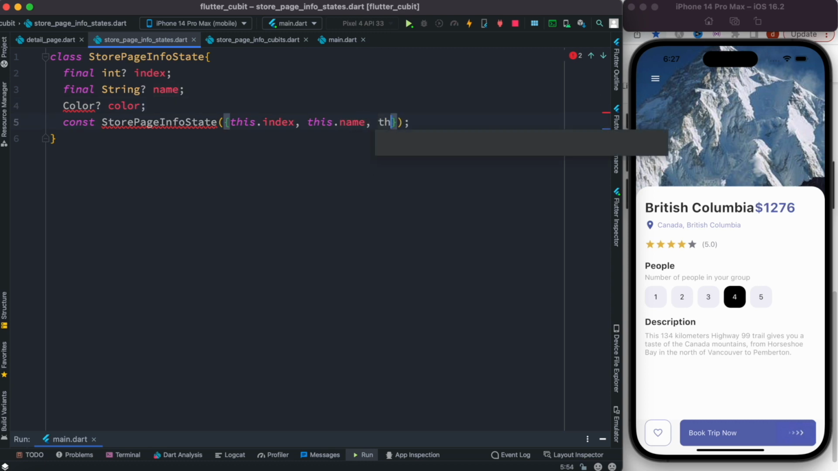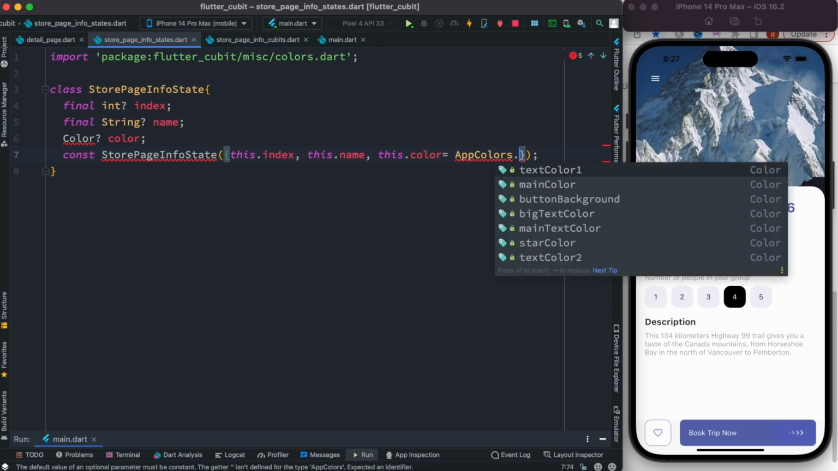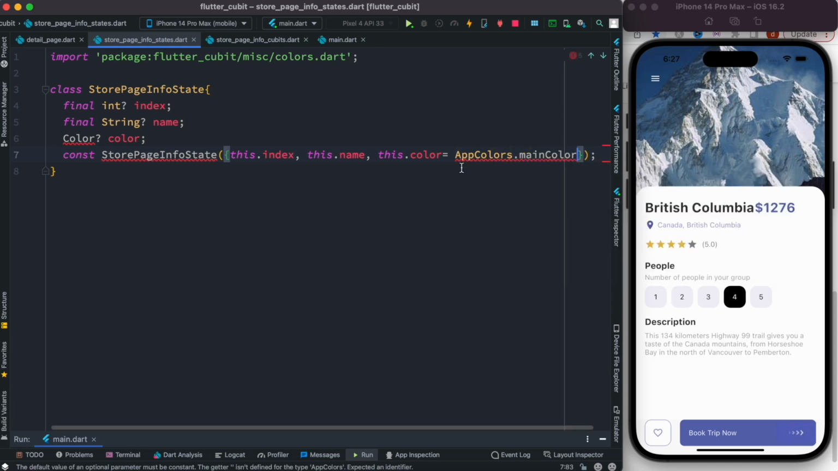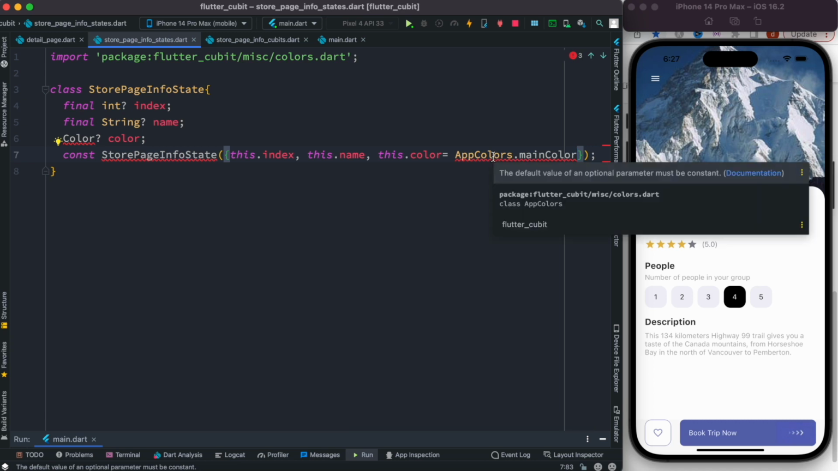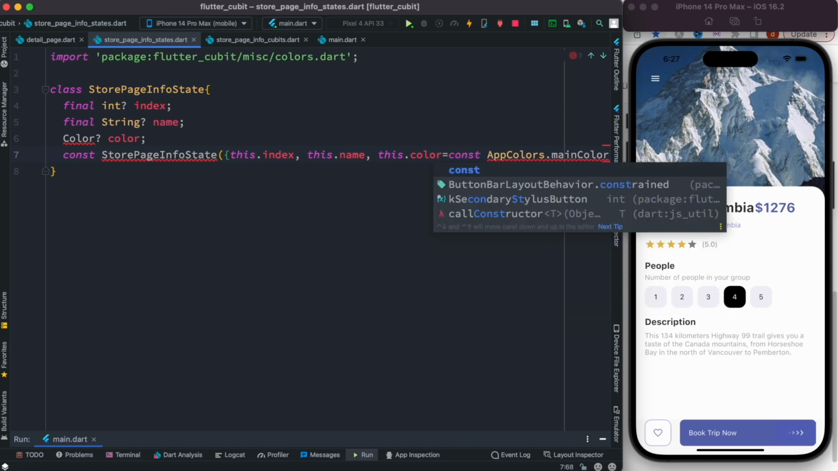and it would be nullable. Of course here it's this dot color, and we'll give it a default value const AppColors dot, let's see if we can get AppColors dot main. AppColors dot, looks like we can't get it. First remove this one, and let's come over here, main color, this one, right. And let's see, the default value must be a const, so let's put a const here,